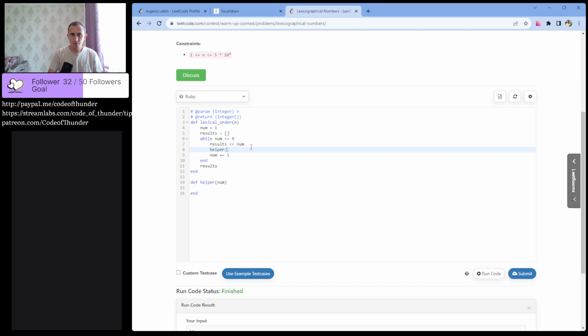So we call helper on what? On our num multiplied by 10, I think. So then here we're gonna have 10. And here, believe it or not, probably we want also to